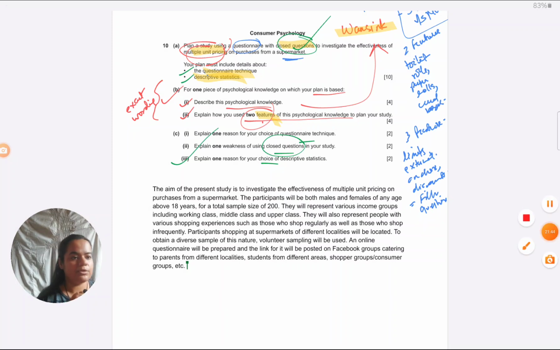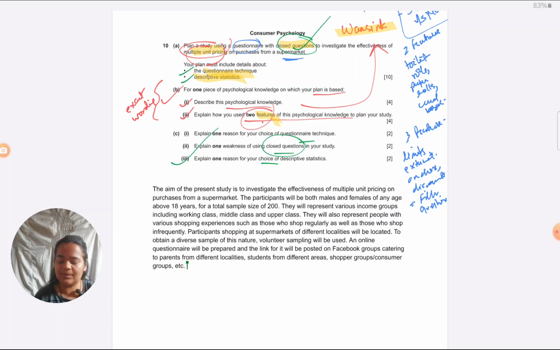Whenever we say we want a volunteer sample, we have to be very specific about, first of all, where we are advertising. I've made it clear that I'm advertising on Facebook groups. But also, what am I telling participants at the time of recruiting them? When I'm asking people to volunteer, I need to give them some information about which type of study I need participants for. So I need to mention what I'm going to tell them when I post the link. What information will be given to them along with the link?